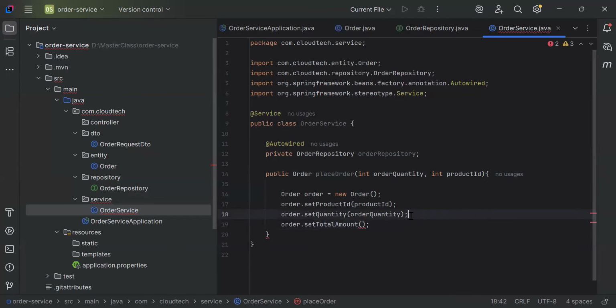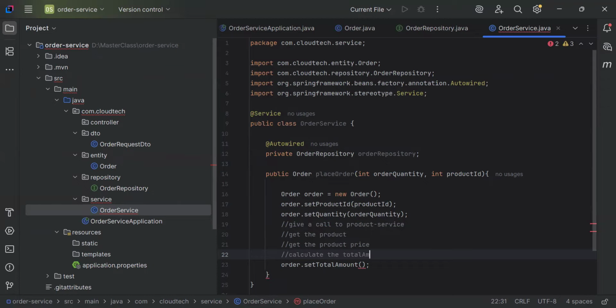Yeah, so here we'll need to give a call to your product service, get the product, get the product price, and then calculate the total amount as price into order quantity. So we need to perform these 4 operations,